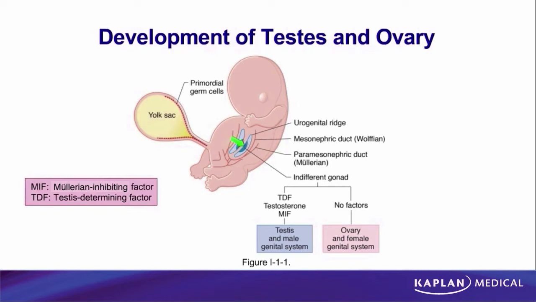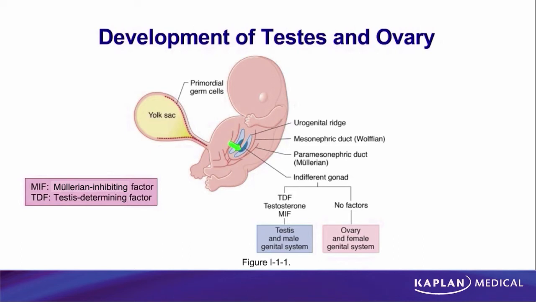Okay, so the absence of a gonad is typically the result of a failure of induction by these primordial germ cells because they fail to infiltrate the gonadal ridge. But, as I said, normally they do infiltrate the gonadal ridge and they will induce the formation of a gonad. So that brings us to the question of what kind of a gonad will it be? Is it going to be a testis or an ovary? Or to make that a larger question, we will say, is this embryo going to have a male or a